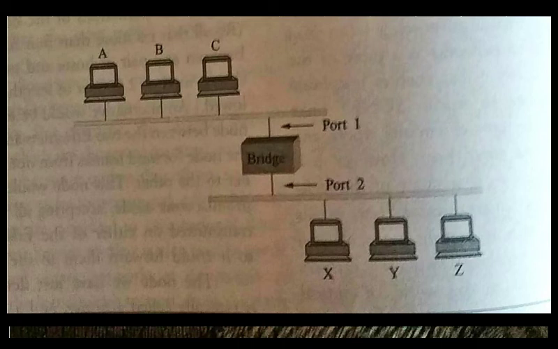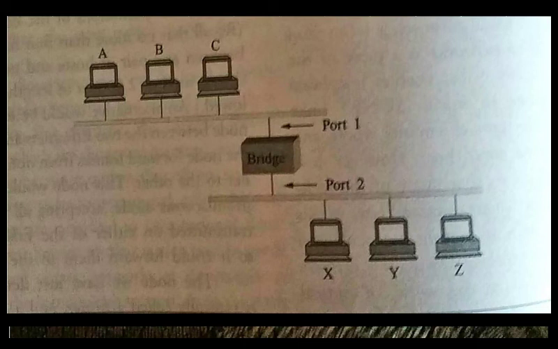Now the question is how does a bridge come to learn on which port the various hosts reside? Here the bridge is going to maintain a table called a forwarding table. Just like you have seen that a forwarding table is maintained by switches, similarly the bridge is going to maintain one. One option would be for a human to download a table into the bridge. So a human prepares these forwarding tables and puts them into the bridge.